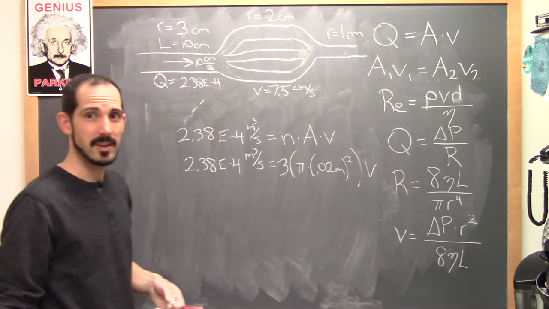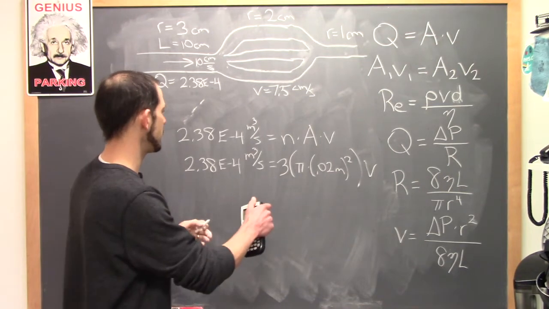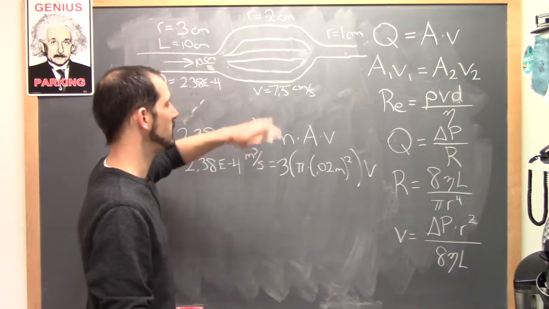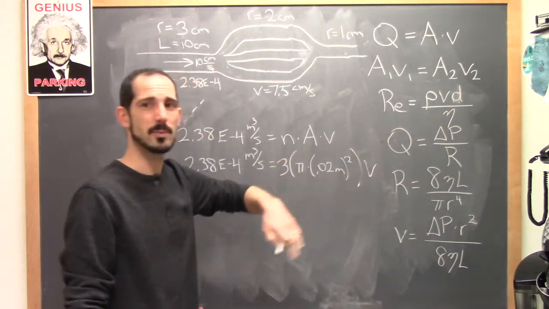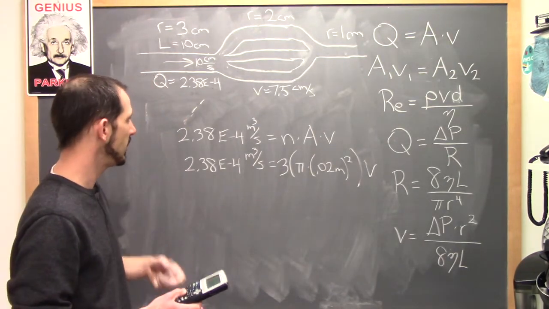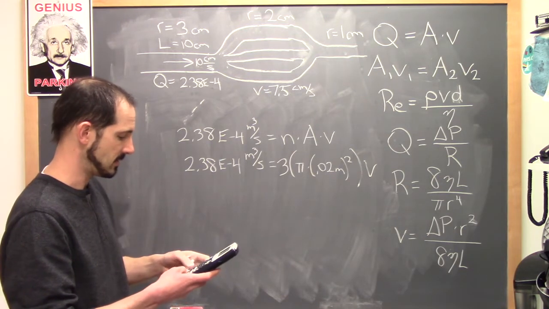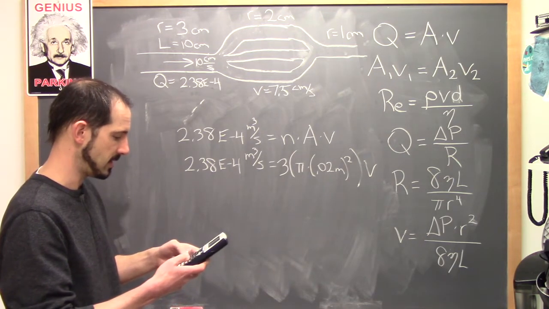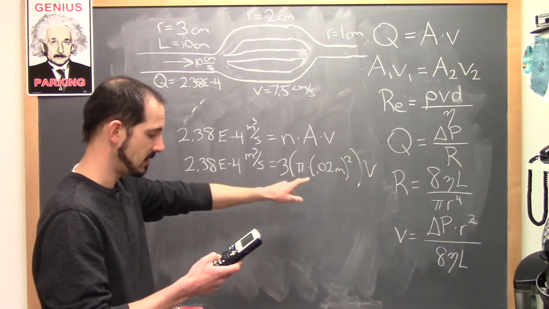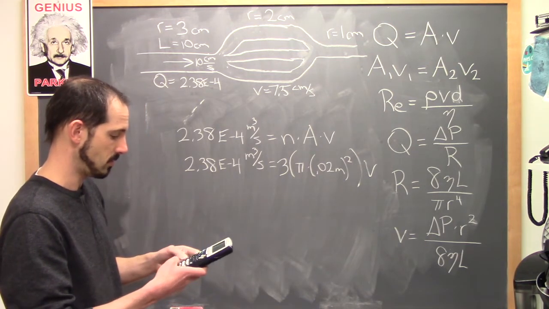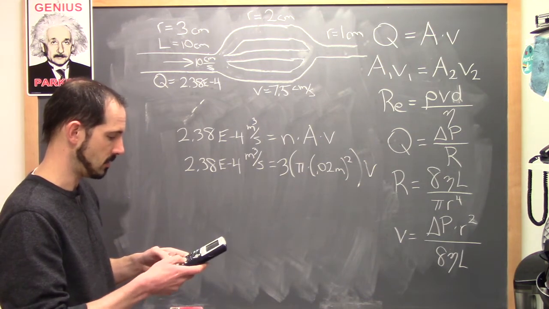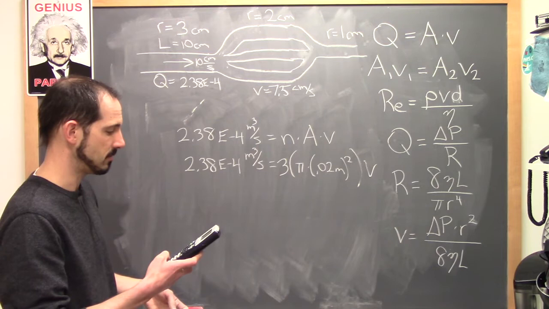Now you might notice here exactly what we actually did before, that we had the flow rate divided by 3, just saying that this is the flow rate and you have to split it up into three parts, analogous to what we did with circuits. Well, that 3 comes into play there, and then there's the area, so this whole calculation has kind of been done over again. I'll just re-go through it to be on the safe side. So 2.38 times 10 to the minus 4, and then I'll divide by all that stuff: 3 times pi times 0.02 times 0.02, all in parentheses, and you get a V of